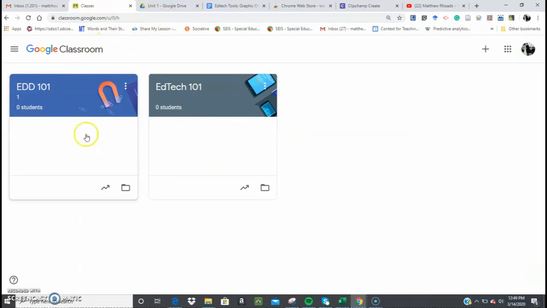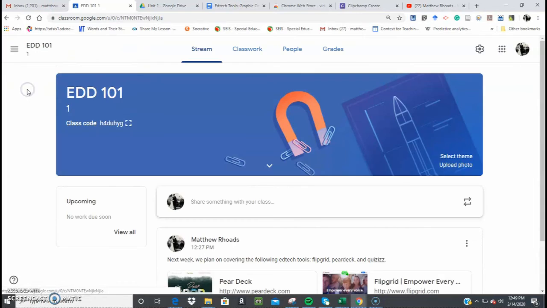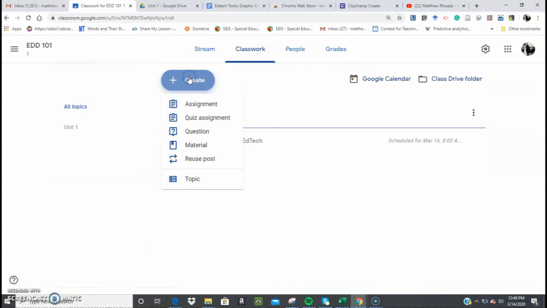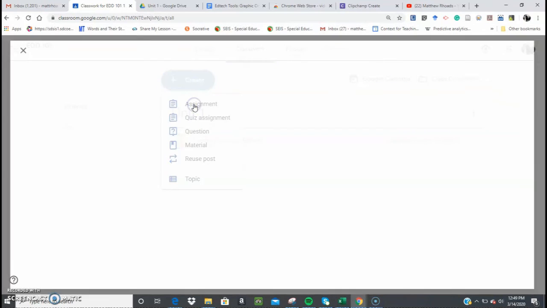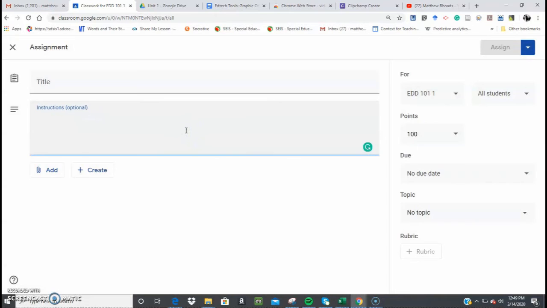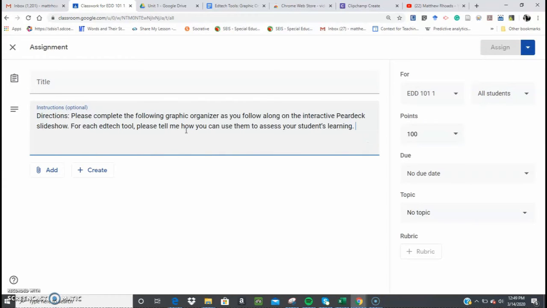And remember, this is the Google Classroom interface. So I'm going to click on EDD 101, and then I'm going to click on Classwork. See my announcement from earlier, and I'm going to create an assignment,